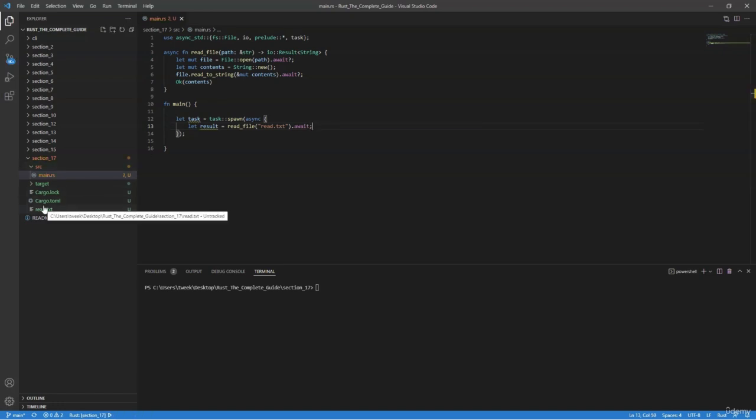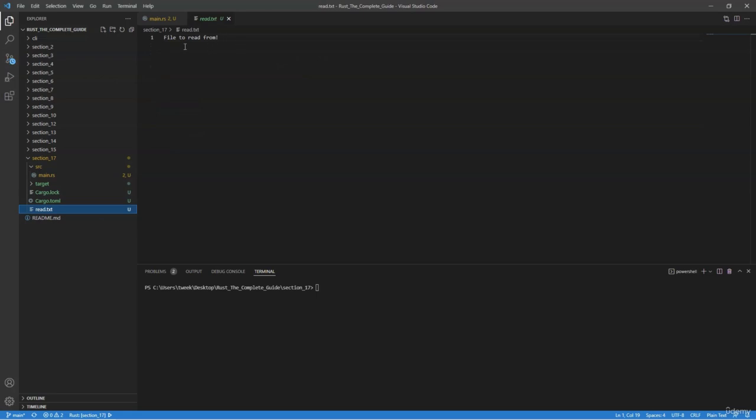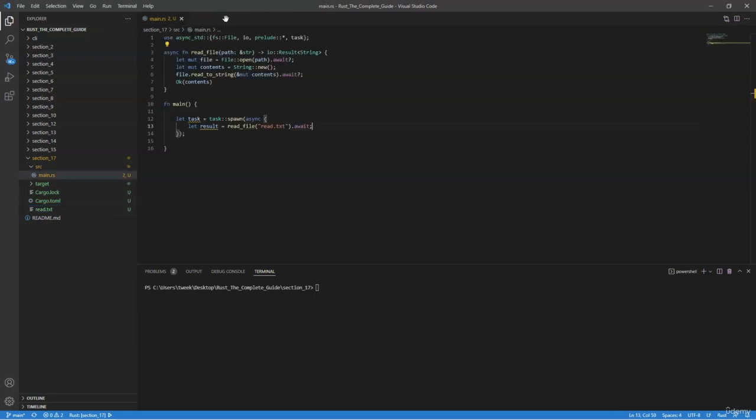And I went ahead and created a read.txt file, and I just gave it some contents that say file to read from. So something super simple. So now we can come back here and we can match on result because we are returning a result from our function. So in the event that everything is okay, we want to return